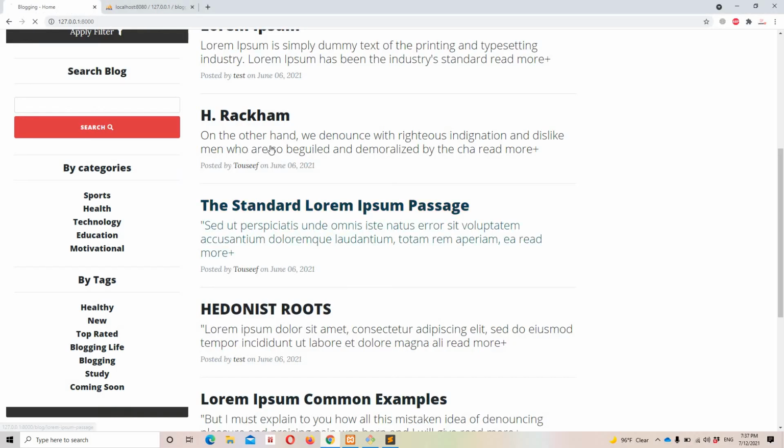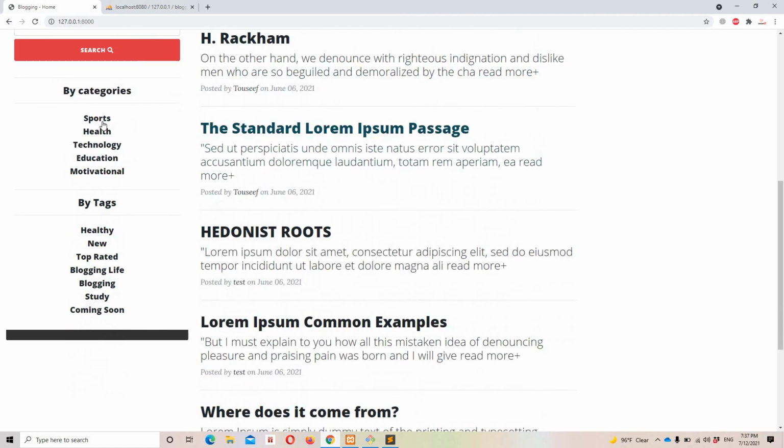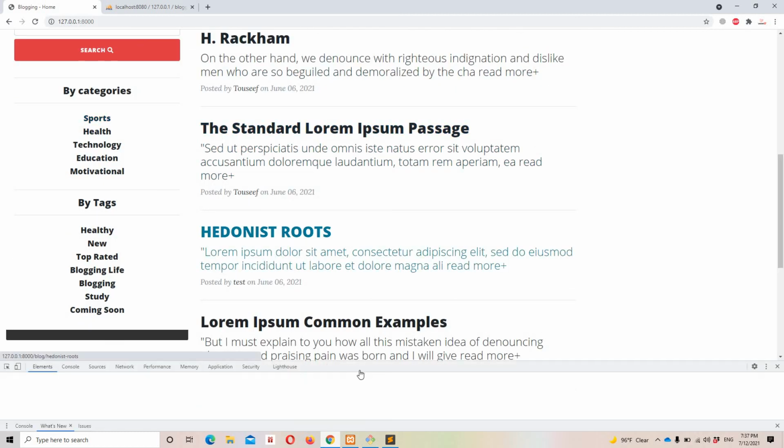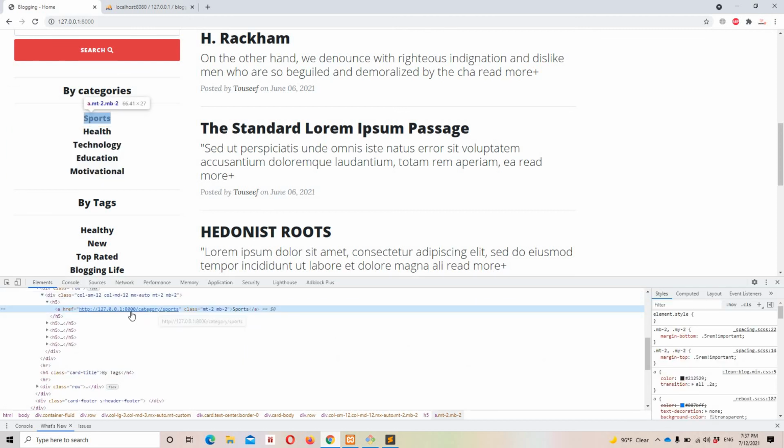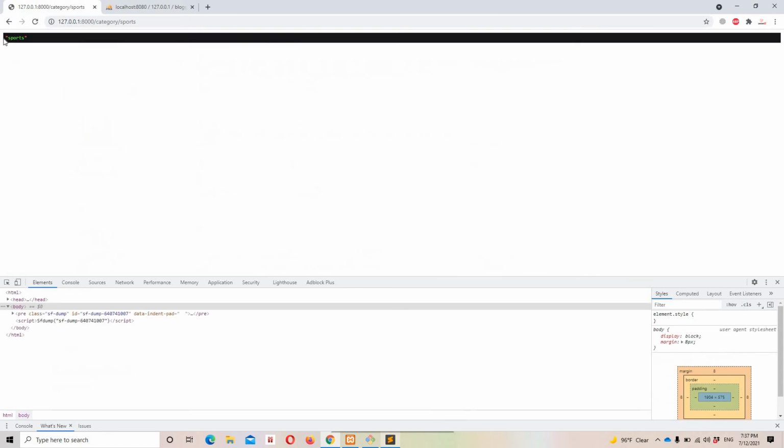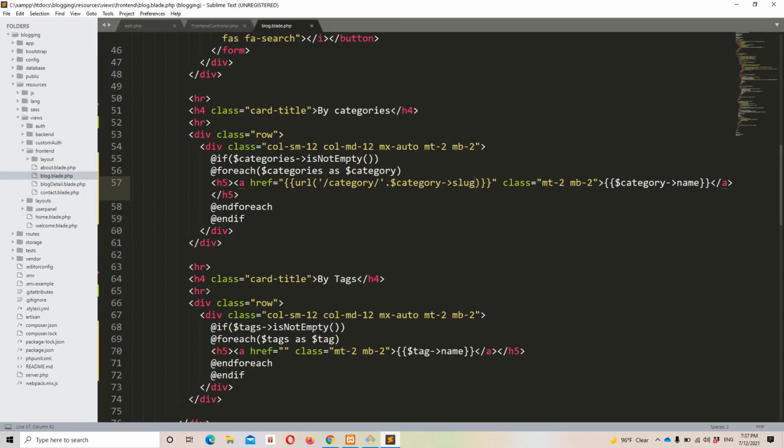Okay, let's do a refresh on our web page and let's see what we have in this link. Inspect, just to make sure that we are receiving the correct link. Okay, so now we have verified that our link is perfectly fine. We can proceed, and let's click on this post, and we are successfully hitting our method, which is right here.